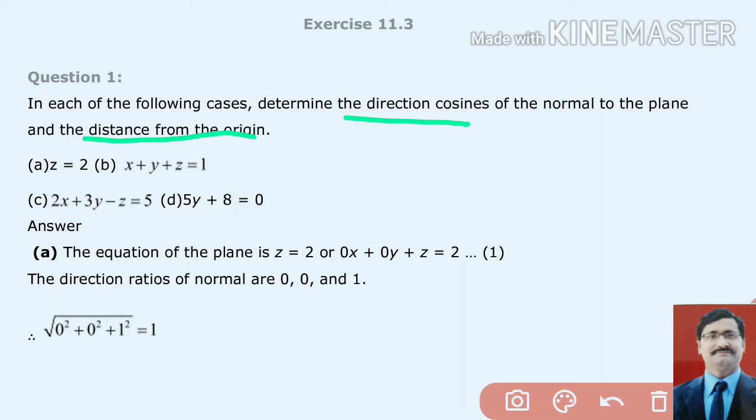Look here, as we take the first equation, the first question is z equal to 2. The equation of the plane z equal to 2 we can write in the standard format, which is 0x plus 0y plus 1z equal to 2. Here the direction ratios are 0, 0, 1, and the direction cosines will also be the same because the square root of 0 square plus 0 square plus 1 square is again 1, so the direction cosines will be 0, 0, 1, and the perpendicular distance will be